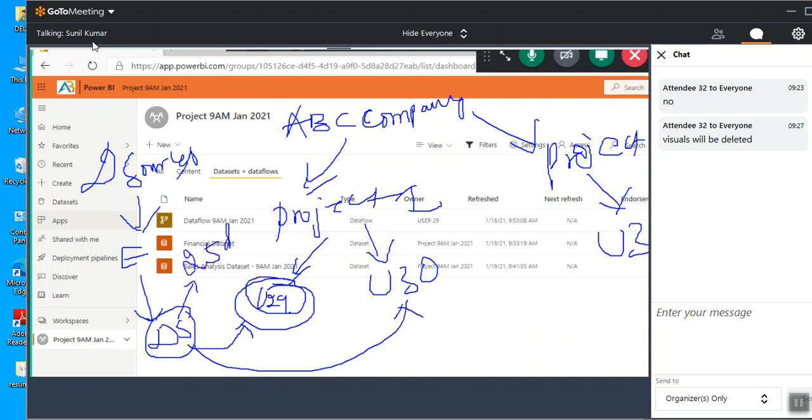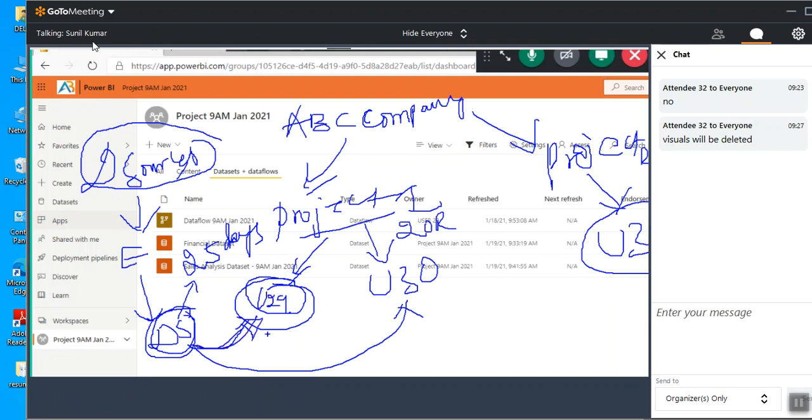He took 25 days to create it. In this project, they want to create 20 reports. User 29 accessed this data set and created 10 reports, and user 30 accessed this data set and created 10 reports. Totally they created 20 reports.